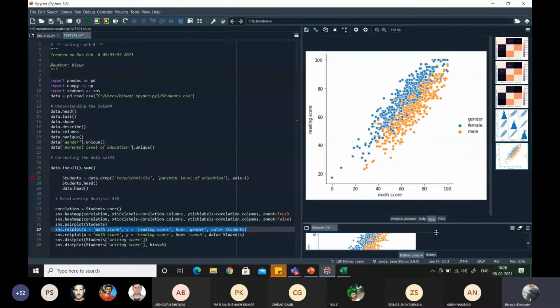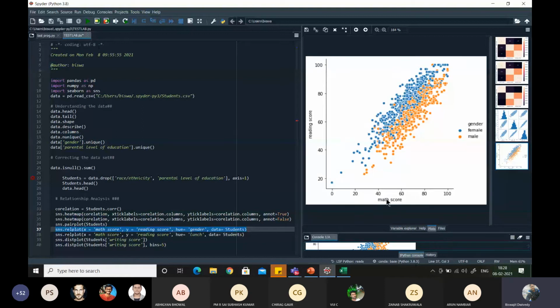This is the thing you can see. First is your math score and second is your reading score. Here you can see those things have been plotted in different colors based upon gender. Females are plotted in blue color and males are plotted in yellow color, or you can say orange color. So two different hues have been given based upon your gender.